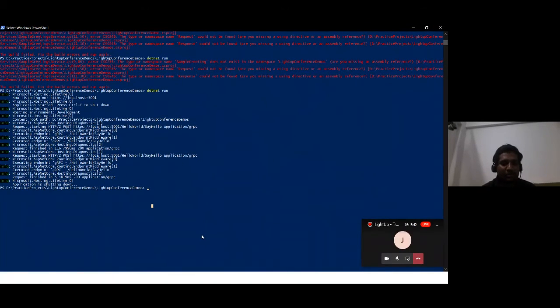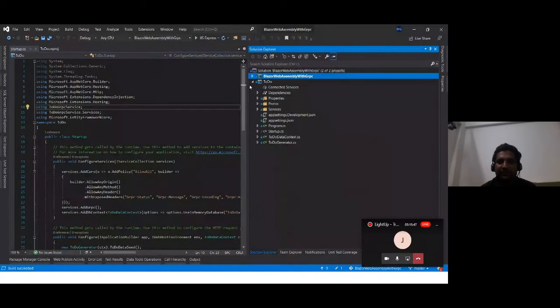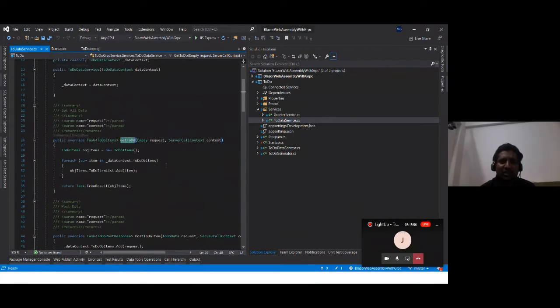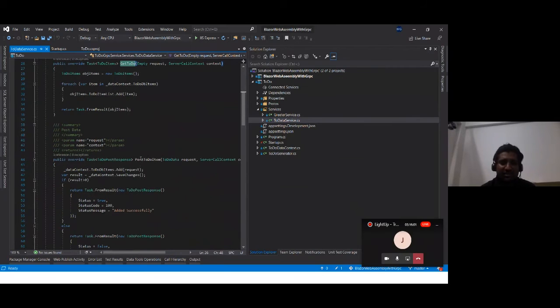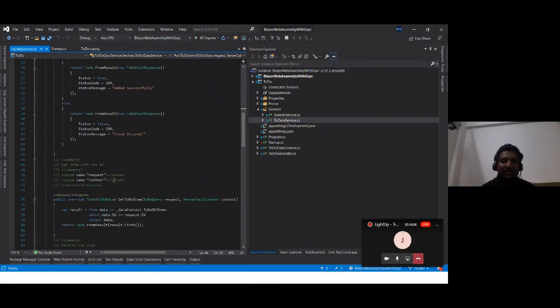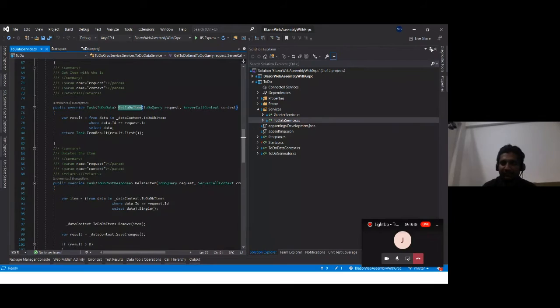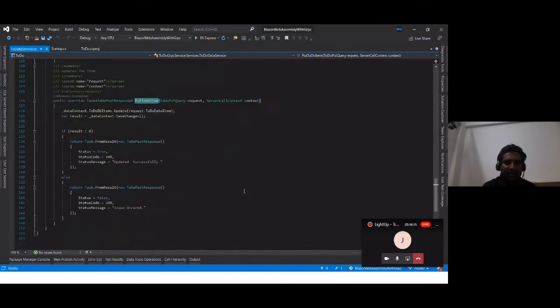Okay, so let me go back to my source code, and this is my service application. This is a to-do application. It has my to-do data service, which gets us the whole list, posts to add a to-do item into the database, gets a particular to-do data item, deletes it, and updates it.